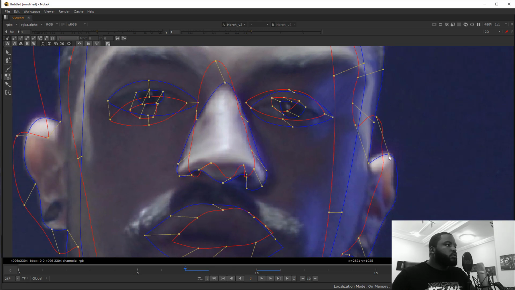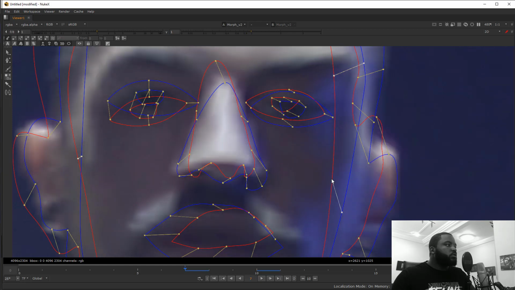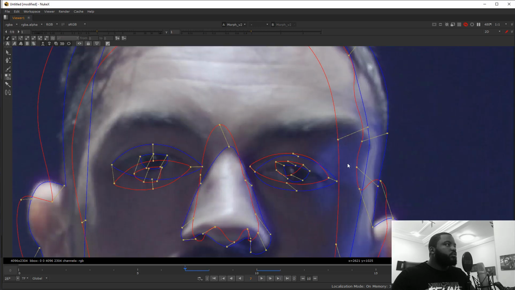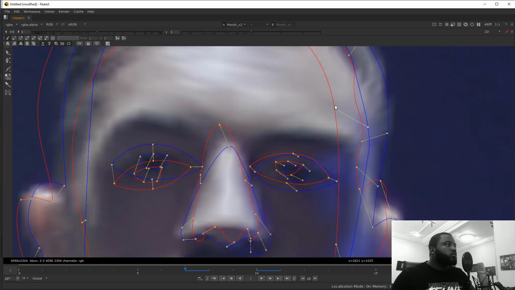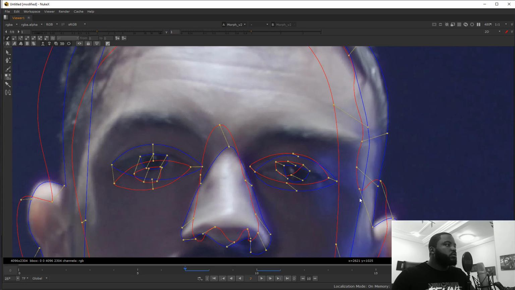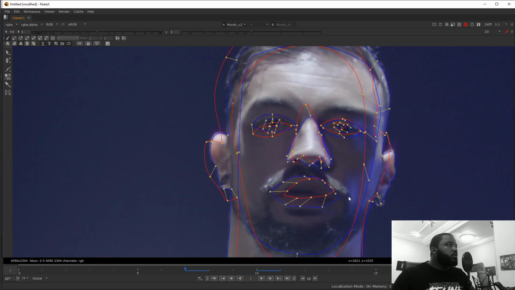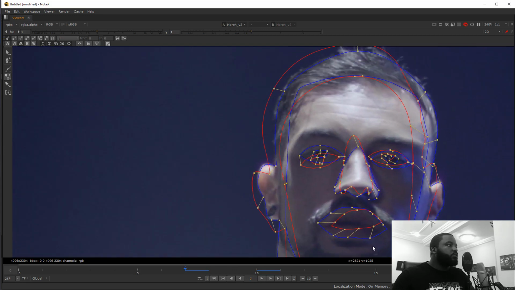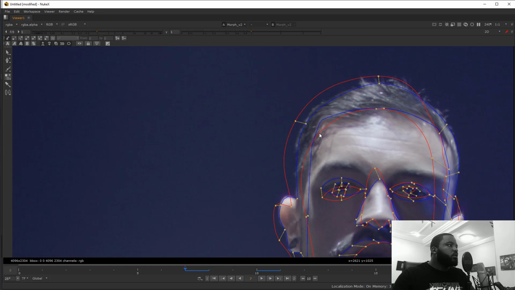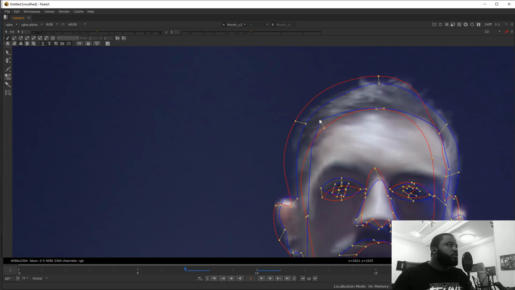If this one goes on top, the blue goes on top, so it means this needs to go on top like this, and if I put some point there, you need to go on top, right? See, now it works better. This point needs to go on top. Okay, and now everything looks better. Here I don't have a point for this haircut.